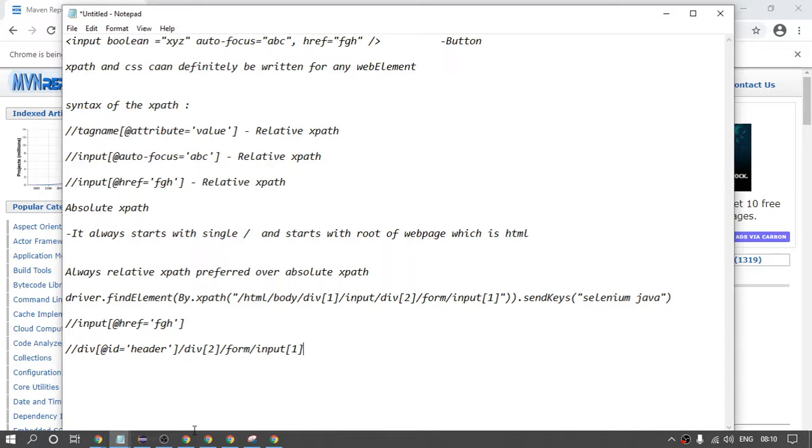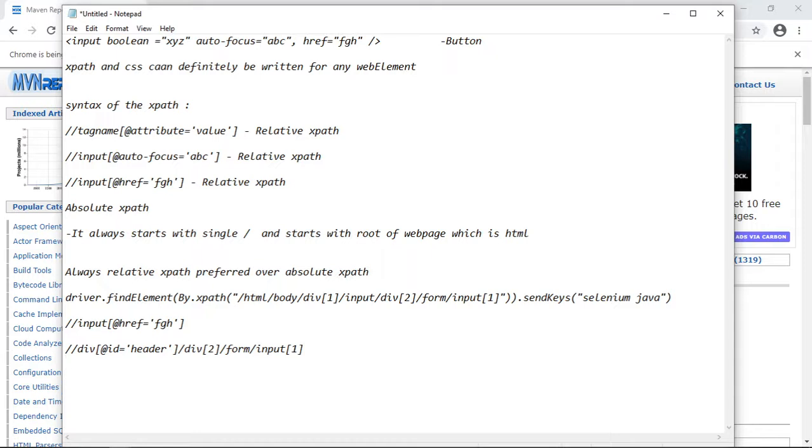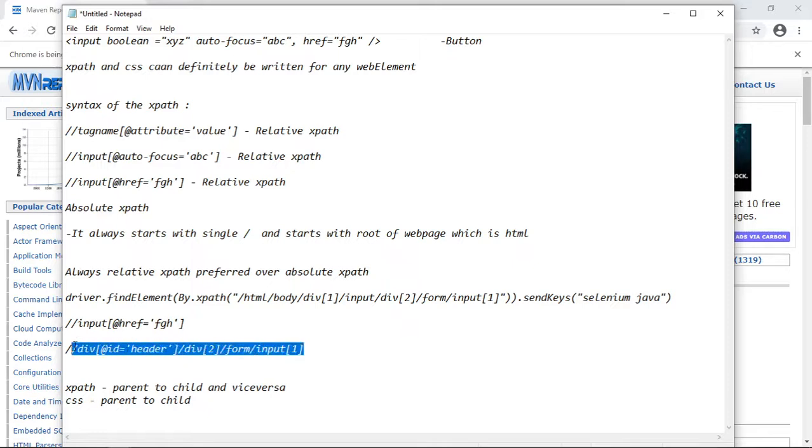But we will see that once we cover the basics of XPath, probably after the lecture or tomorrow's lecture. In XPath we can traverse from parent to child and vice versa, but in CSS locator we can only travel from parent to child. So do not worry, we will see these things. First tell me whether this is clear or not.